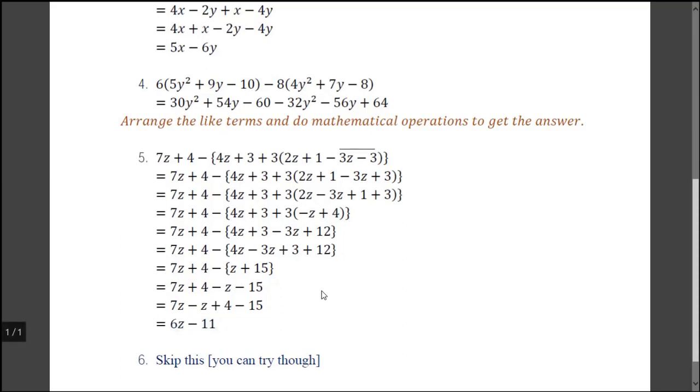You must know the BODMAS rule, by the way, and you have to be very much careful with the signs, that is plus and minus. Be it the simplification of integers, fractions, decimals, or this kind of algebraic expressions, you just have to know two things in general: the rule of BODMAS and the properties of the signs plus and minus. What happens when they multiply with each other, and what happens when you open the bracket. So that was your exercise 11.2.